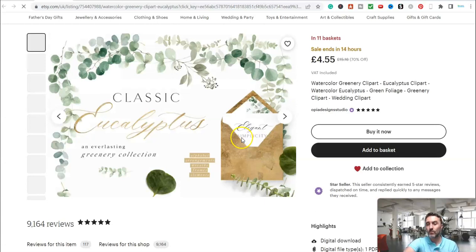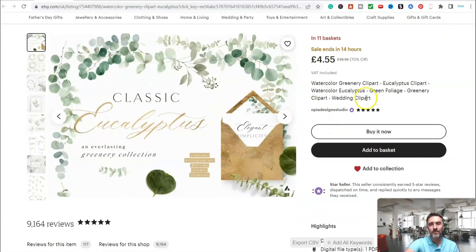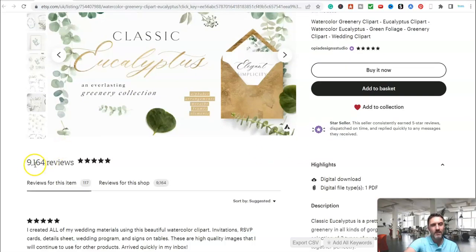And I'll show you this now. And don't worry, I'll show you how you can do all of this for free yourself. And it's not just eucalyptus, you can do this in anything, okay? So this one over here is selling watercolor greenery clip art, so eucalyptus clip art. Now if we scroll down here, we can see they've had